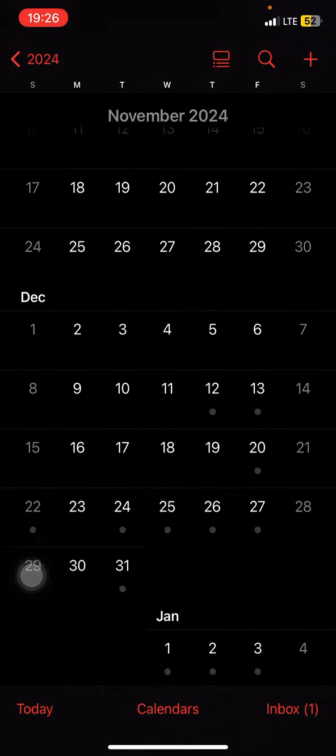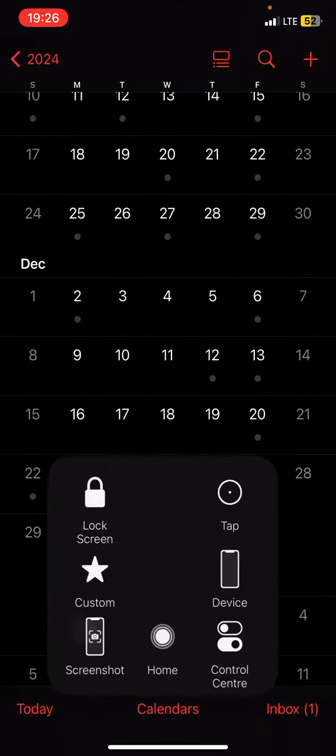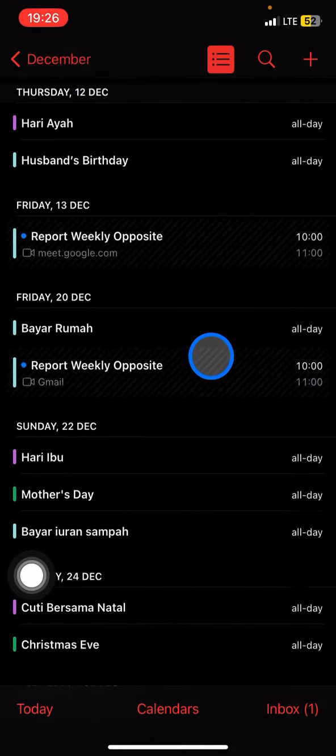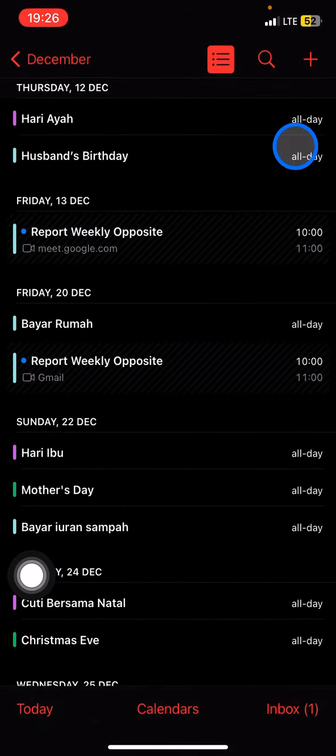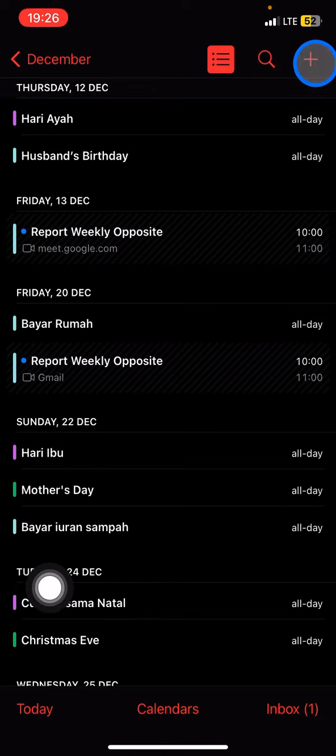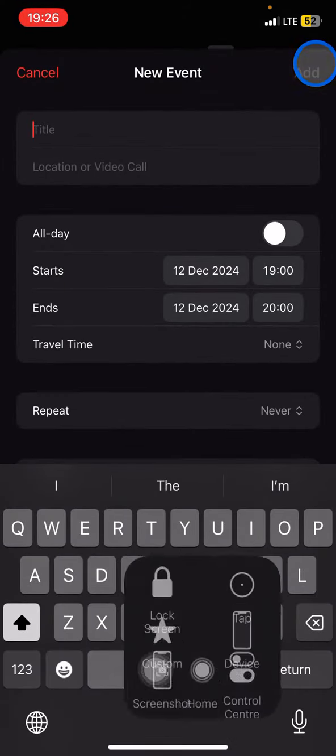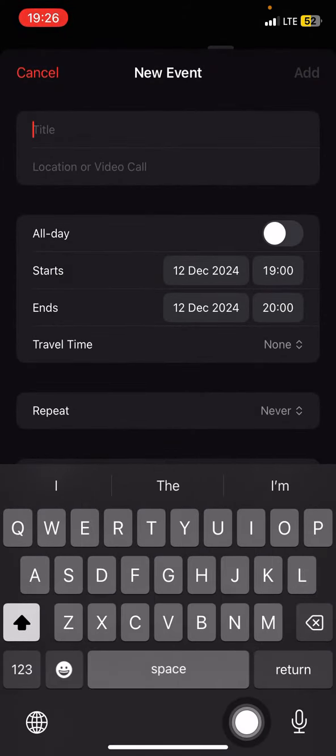Okay, I got December. Now I just need to mark here, and after that you just need to click the plus button and create the event. Let's say here it is hubby's birthday,